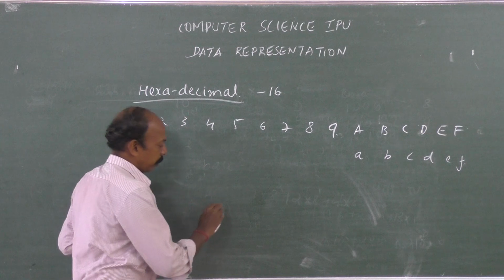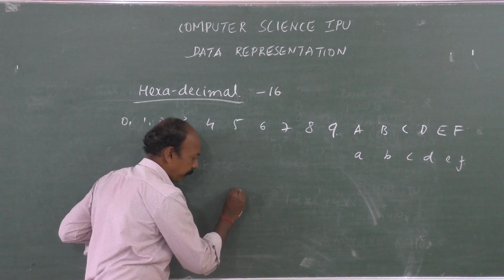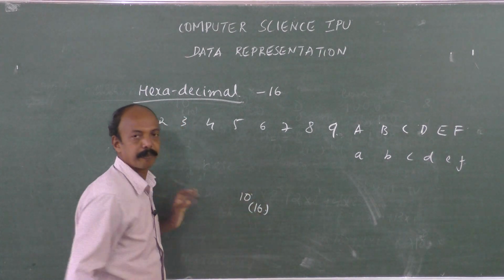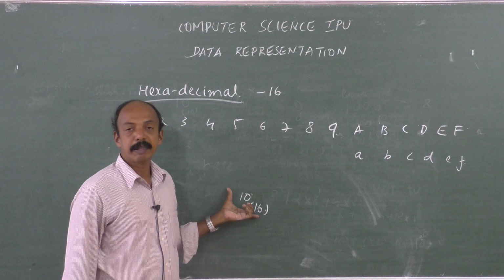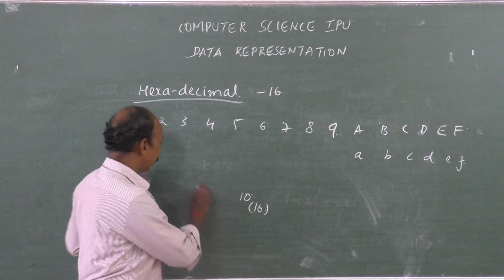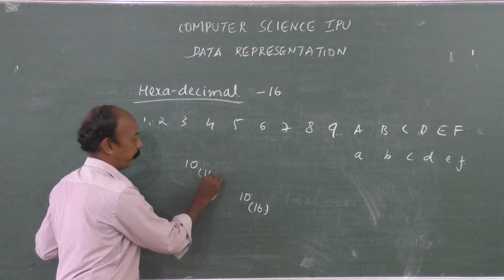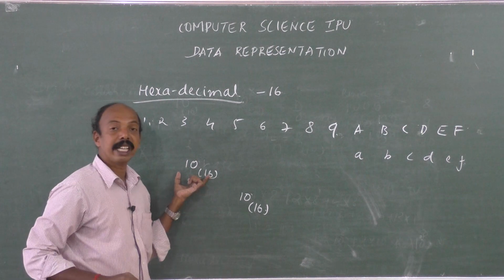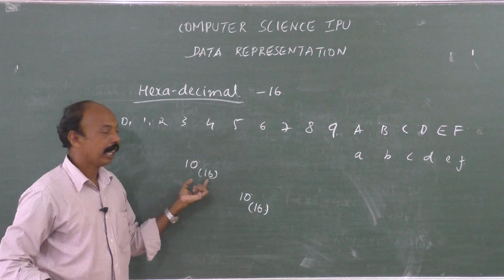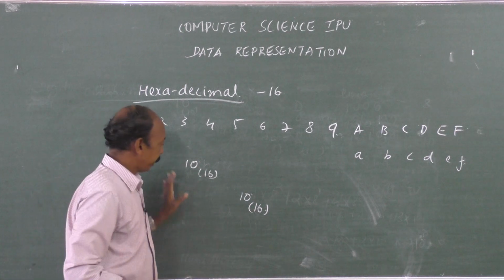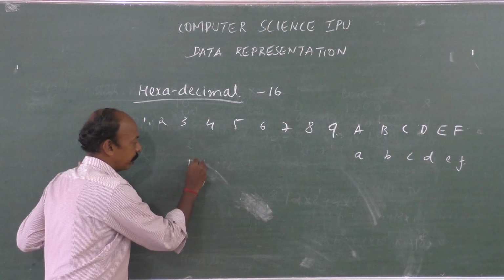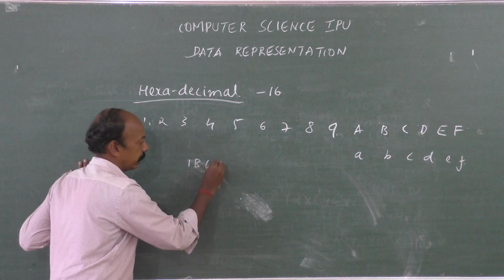Now just think about it. Suppose we have a number 10 in the hexa number system. What is the value of that in the decimal number system? After writing F, we will write 10. That means 16 in the decimal number system will be equivalent to 10 in the hexadecimal number system. We can have a combination something like this. Suppose we have a value 1B6A.